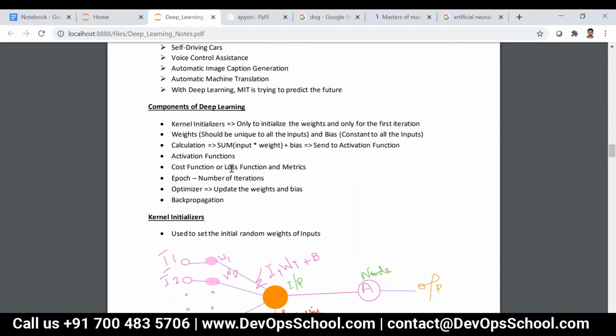Based on the measurement produced by this loss function, the weights will be updated by the optimizer. It tells how far we are from the actual values. That is the use of the loss function. So now let's see one by one.